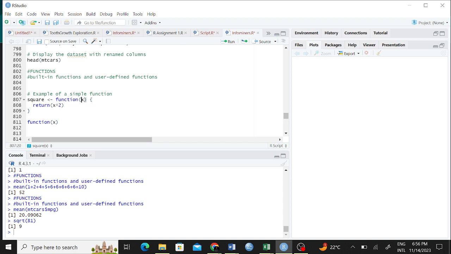So whenever we pass a value x or something, x is standing in for a value. For example, 300, 700, 800, 900. And then we are telling it to return x raised to power 2. So this is what is going to be executed in there, right? X raised to power 2. Are you able to see that?